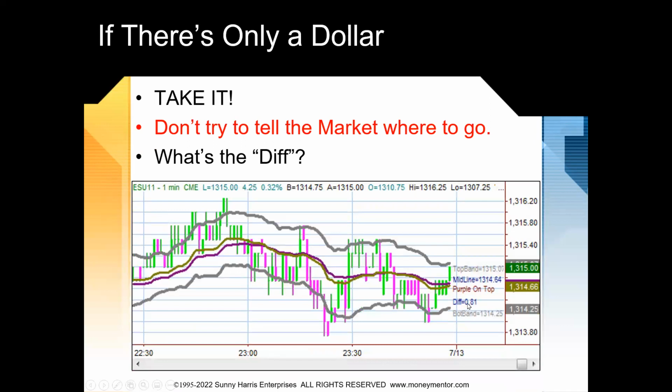And the diff is the difference between the bands. So here you see diff is 0.81 on this chart, goes down, comes back and turns green, goes up to the top, over and over and over again, up and down to these bands. You'd think somebody else was using SunnyBands besides me. Well, there are a few. I have a few customers who have it, but I limit the number of sales that I make so that there aren't too many people doing the same thing and interfering with my trading.